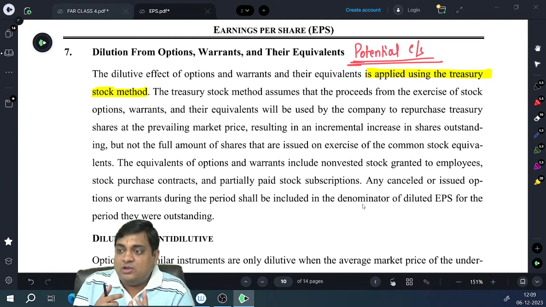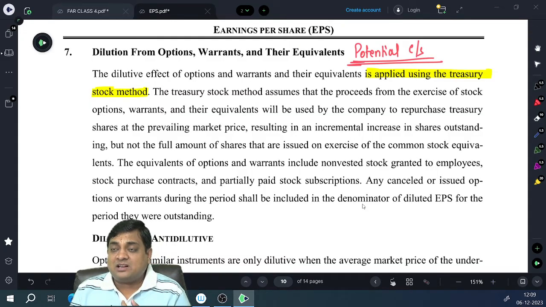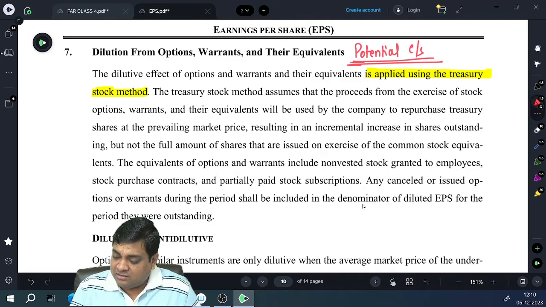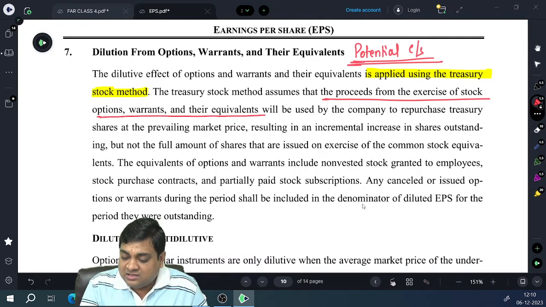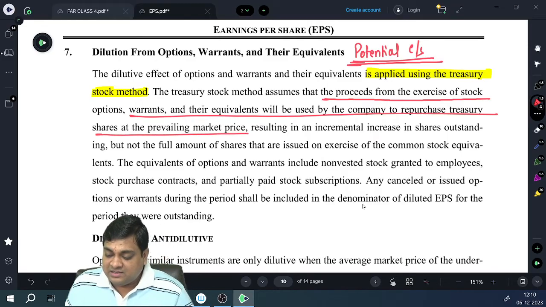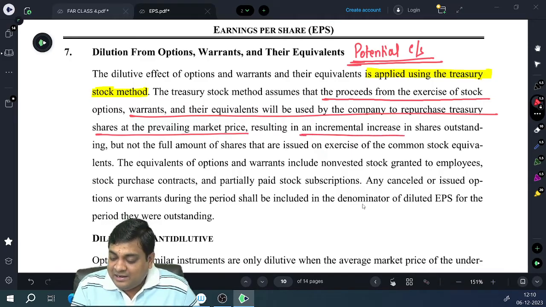So maybe you have collected 25 rupees and the market price is around say 30 rupees. So with the proceeds you will be buying fewer shares, right? So out here the proceeds from the exercise of this will be used by the company to repurchase at the prevailing market price, resulting in an incremental increase,